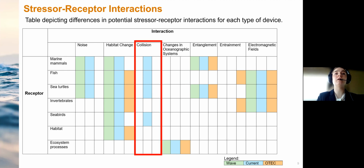Under collision, for example, OTEC and wave resources are not considered a risk, but current devices may pose a threat to marine mammals, fish, seabirds, and sea turtles from moving blades and their potential to harm or injure animals in device vicinity. Another example is underwater noise, where wave and current devices are considered a risk to marine mammals, fish, and sea turtles. Ambient noise could disrupt an animal's ability to avoid predators, communicate, navigate, interact, and forage in the